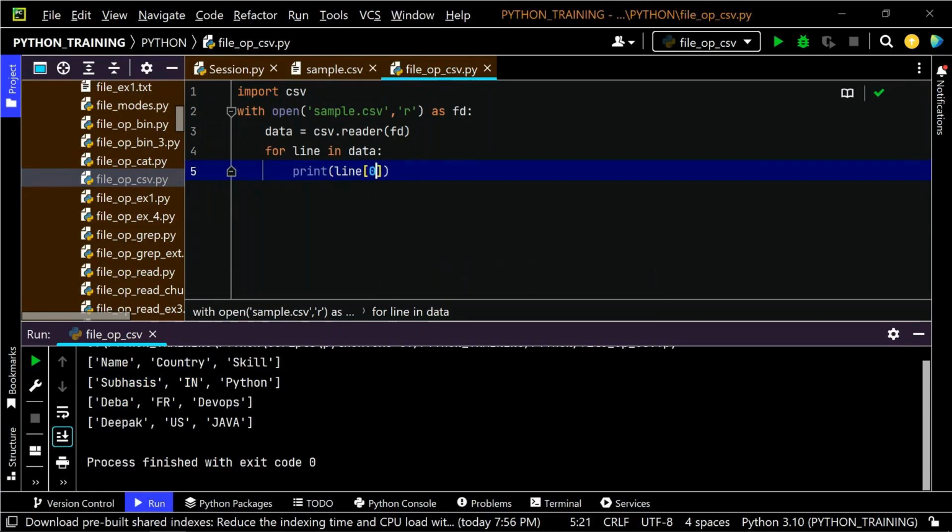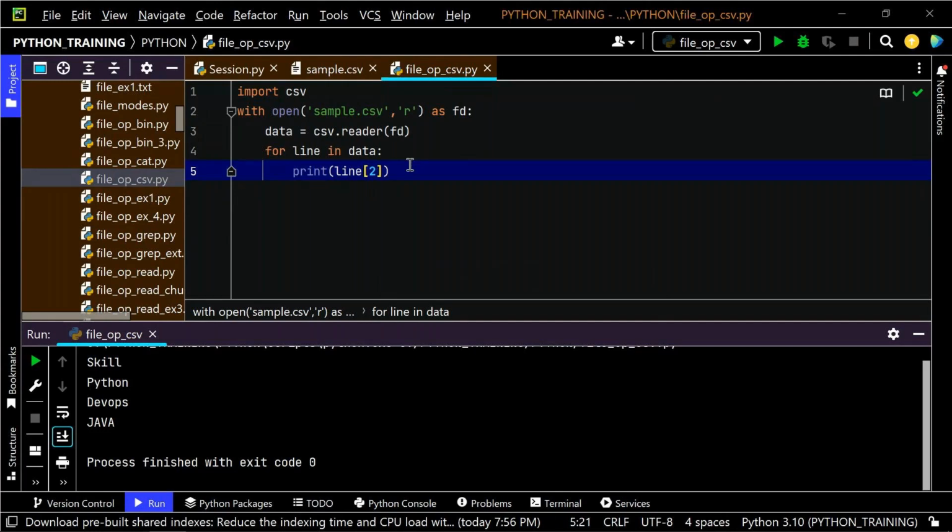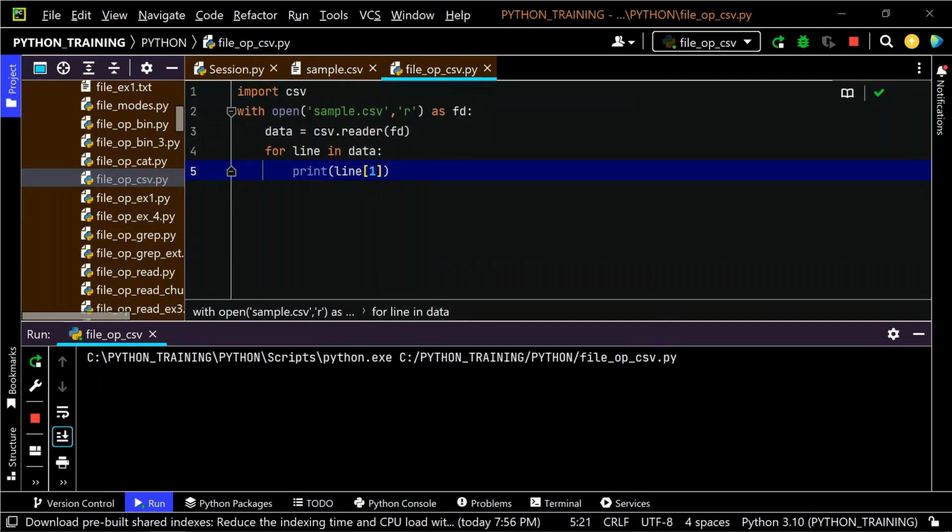So, sorry, given the skills, that is the 0, 1, 2 fields, right? Here it is name, country and skill. Now here you can see it is 2, right? Now if I want to know the country name, you can give 1. That gives the country names: IN, France and US. So this is how you can do a